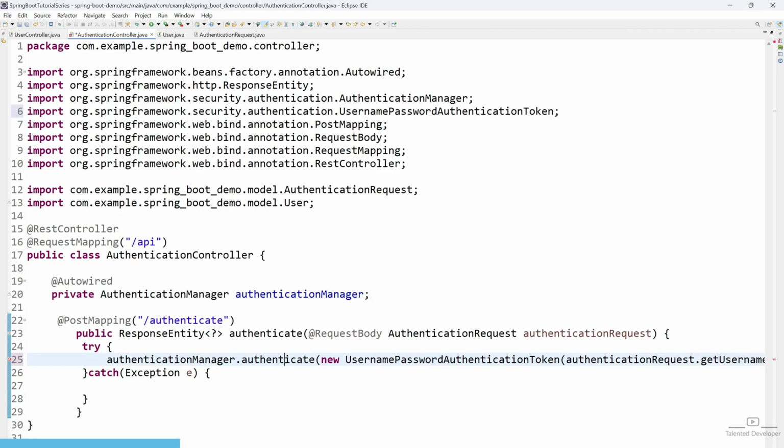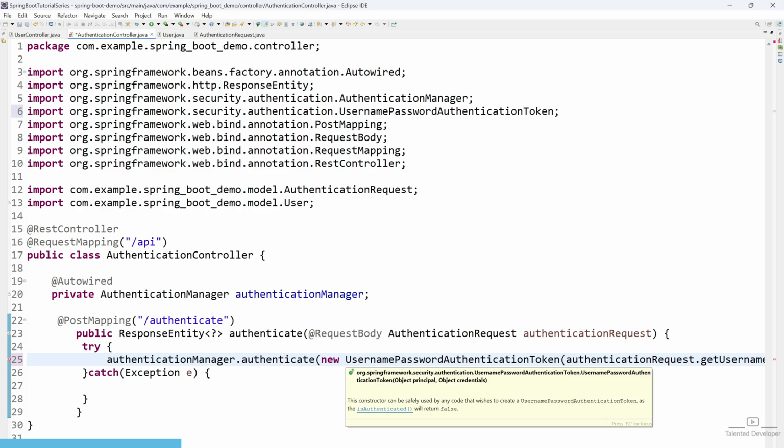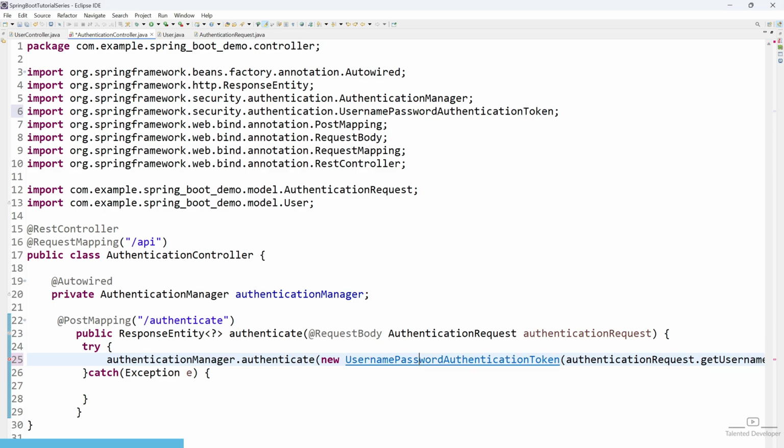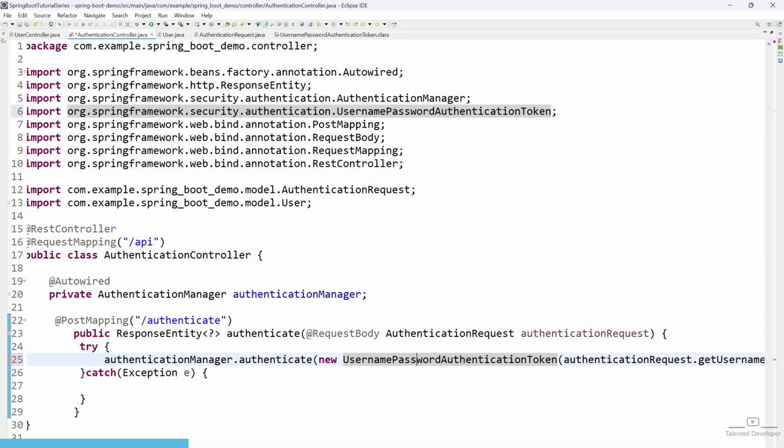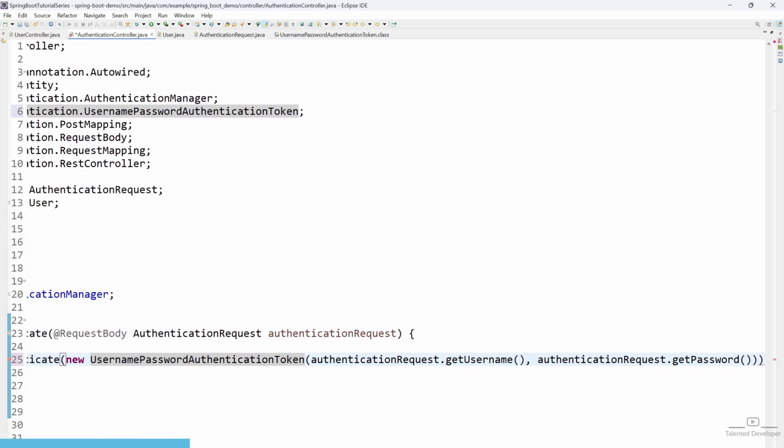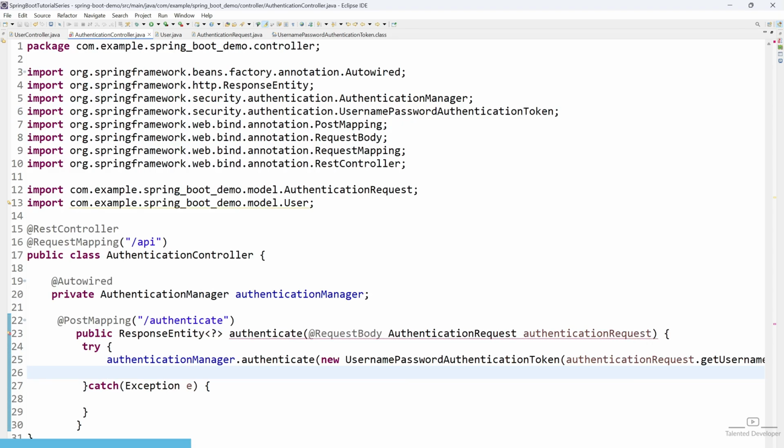to understand. So now what we are doing is using a new UsernamePasswordAuthenticationToken, and this is a constructor. This constructor will take the credentials we are passing, and after that Spring Security is going to play an important role. So for now, you can understand the credentials are correct. So line number 25 will be executed properly, and now we have to find the user